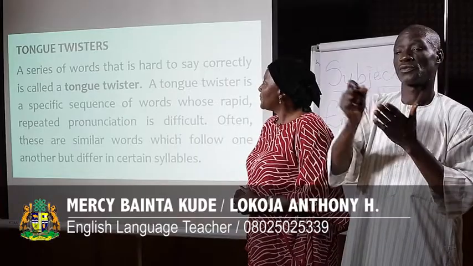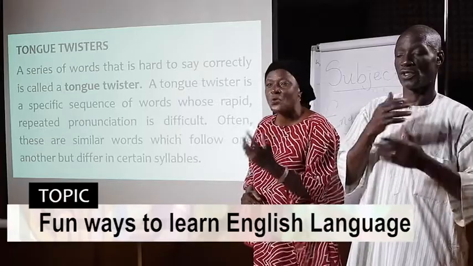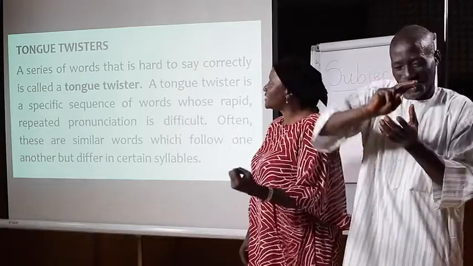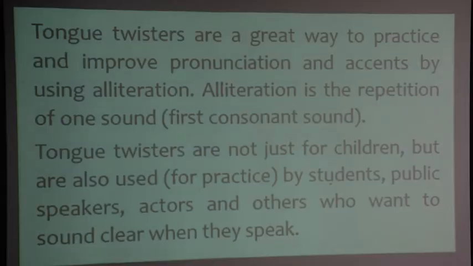Now, the next step to learn English language through fun is by using tongue twisters. This is another interesting aspect of it. A series of words that is hard to say correctly is called a tongue twister. A tongue twister is a specific sequence of words whose rapid, repeated pronunciation is difficult. Often, these are similar words which follow one another but differ in certain syllables. Tongue twisters are a great way to practice and improve pronunciations